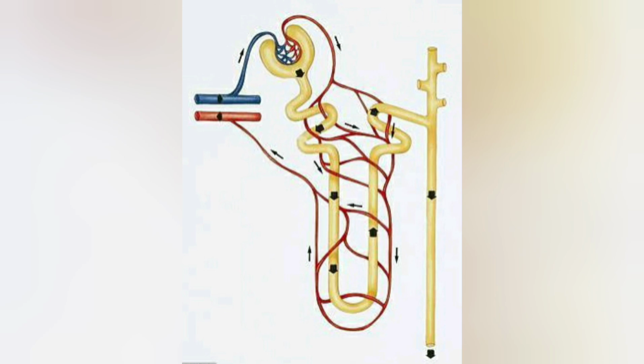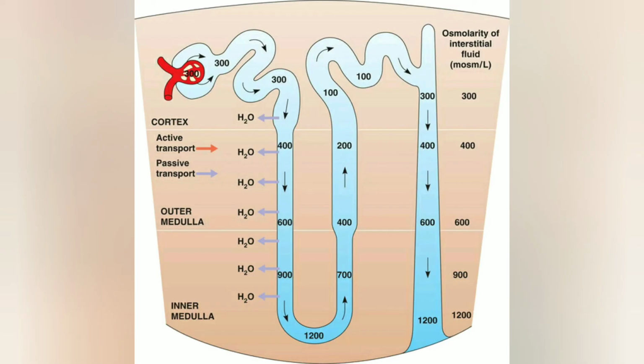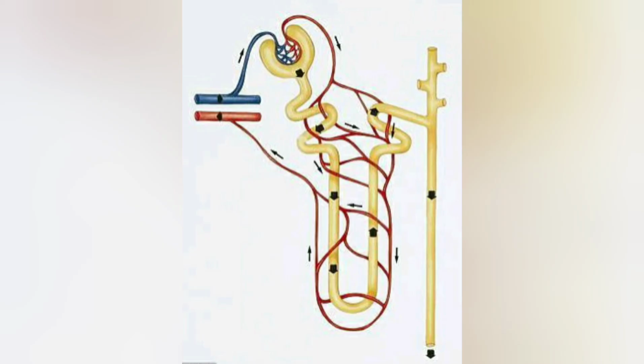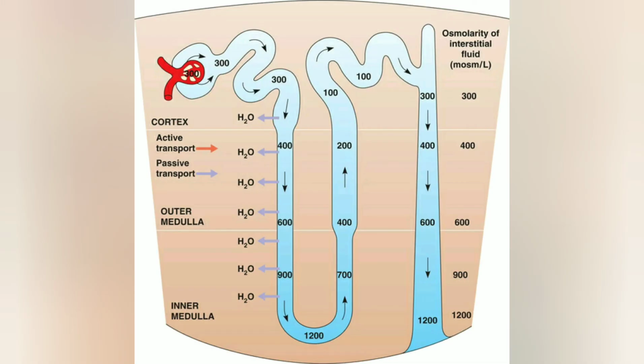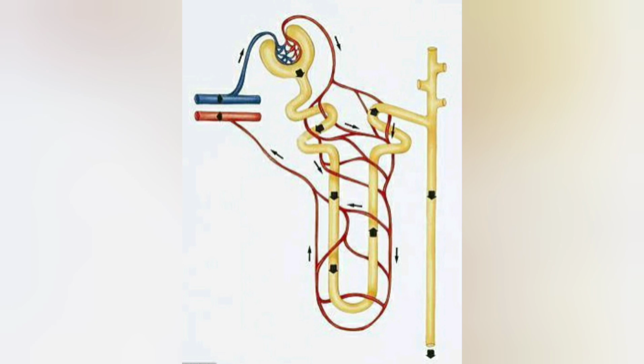But here what happens, the blood that enters the descending limb of the vasa recta has normal osmolarity, that is about 300 milliosmol per liter, which is equal to that of normal blood. Now, as it flows down in the region of the renal medulla, where tissue fluid becomes increasingly concentrated, sodium chloride ions and urea molecules diffuse from tissue fluid into blood, and water diffuses from blood into tissue fluid. Due to this, the blood becomes more concentrated, which now flows through the ascending part of the vasa recta.